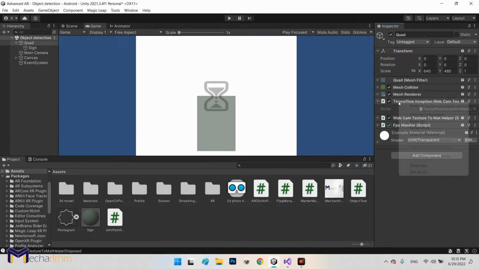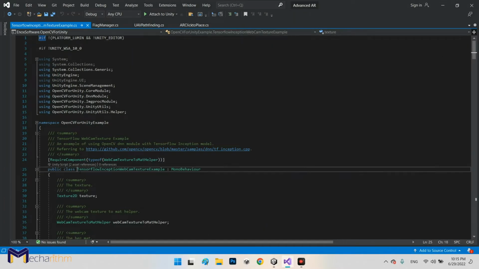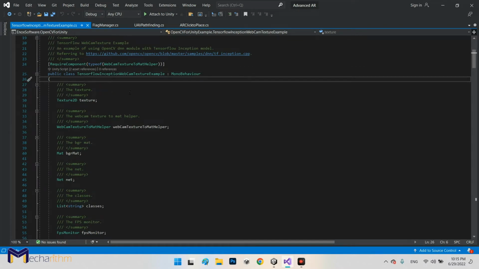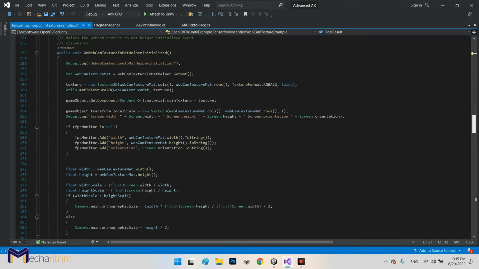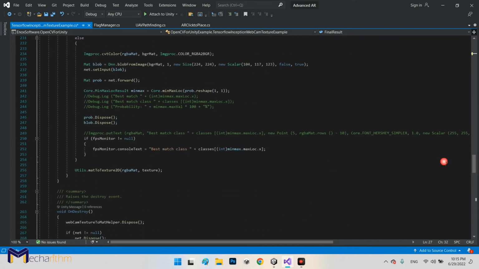Now I want to right click on this one and edit the script. It is our TensorFlow Inception webcam texture example. I want to create a simple UI element, public Text final result. Because I don't want to always use the FPS monitor, since it uses our performance for demonstrating the FPS and it is not necessary for us. So in line 252, this one,